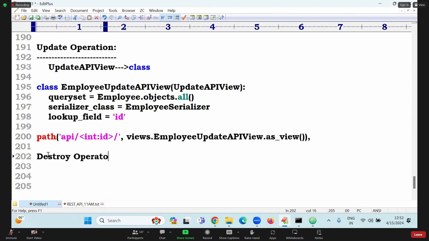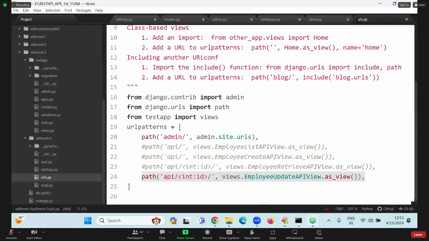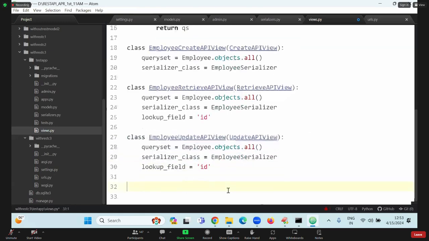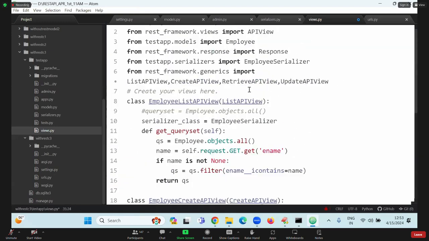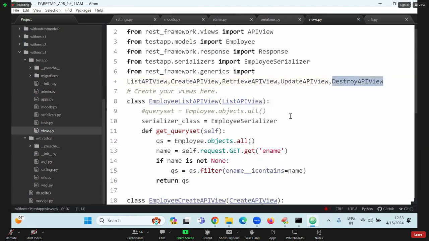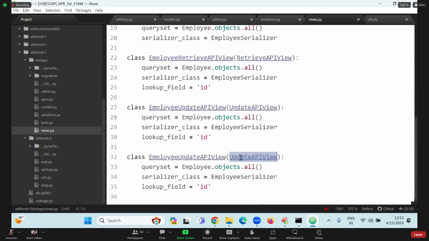Destroy operation. For destroy, the only class name is DestroyAPIView. Give that one as a parent class. Okay, one minute. Check this. Copy the class, paste it. The parent class name is DestroyAPIView. Copy the class name, come here, paste it. Employee